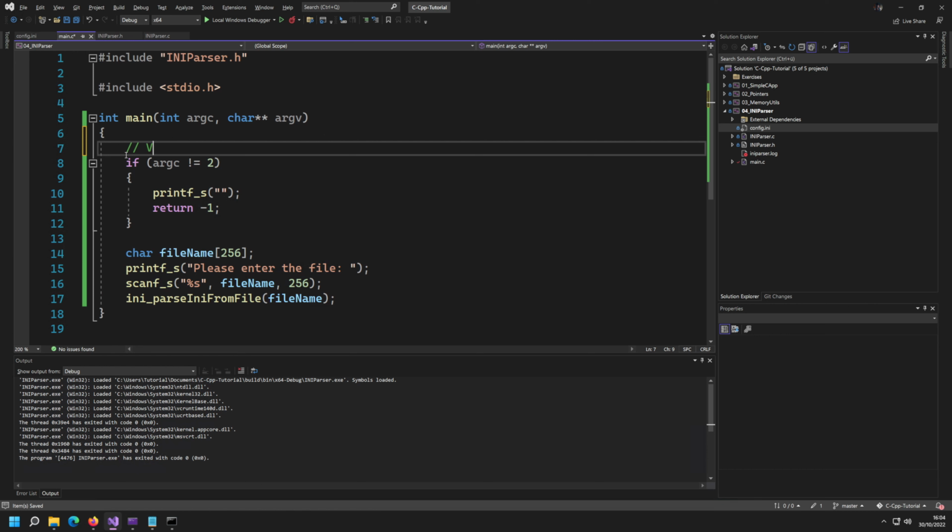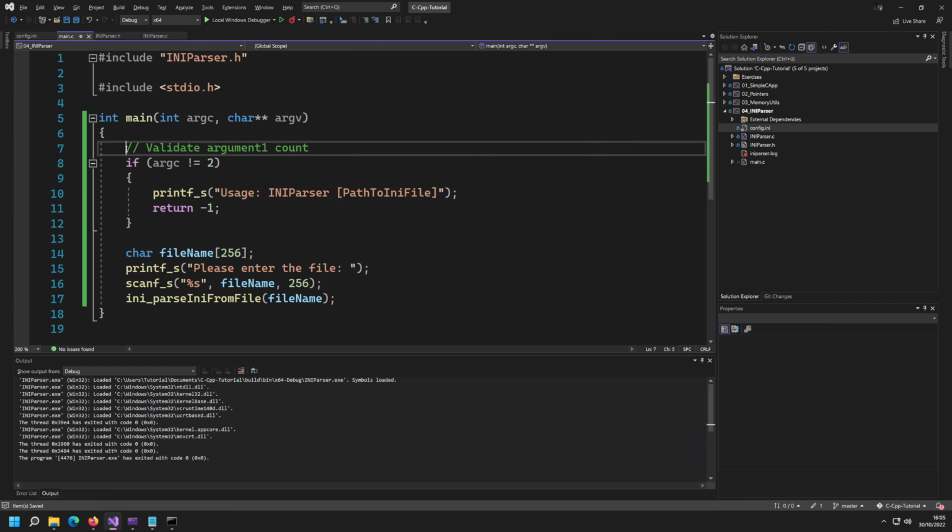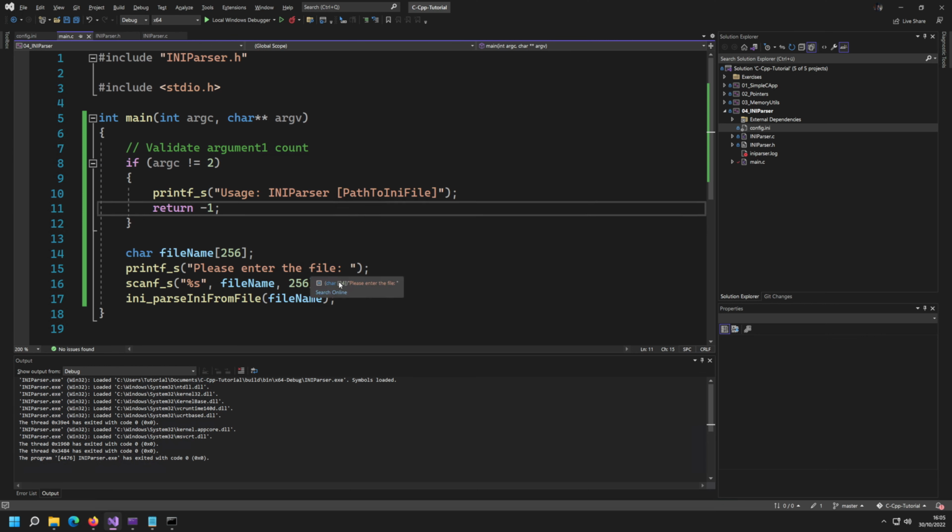So we could say validate argument count. Now if it's not 2, I'm basically going to say usage: ini parser, path to ini file. So just like that, I'm basically going to tell the user the usage if the argument count was not correct. So now that the argument count is correct, we can now